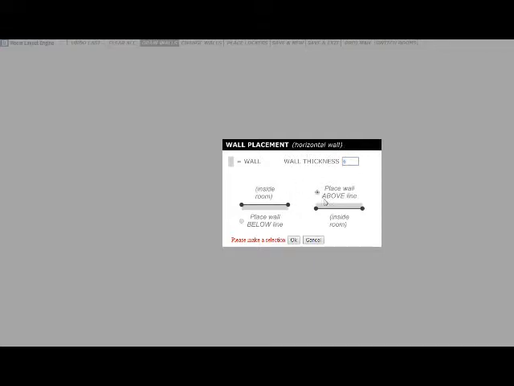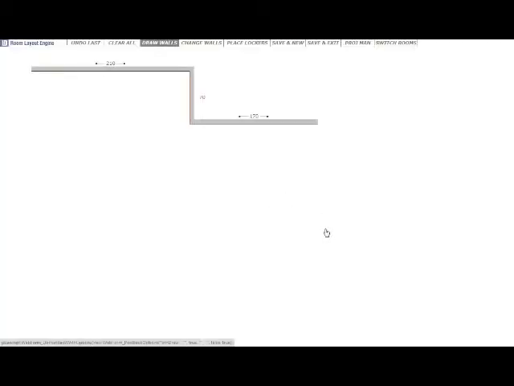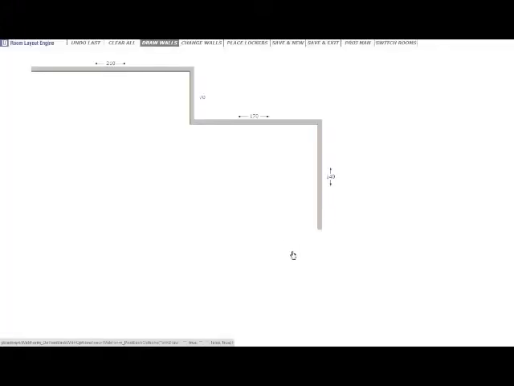And we're going to say place the wall above the line. We'll make this 210 inches long. Okay, we'll come down 70 inches. Then we'll come over 170. Come down 140, come back in, we'll come in 60 inches,